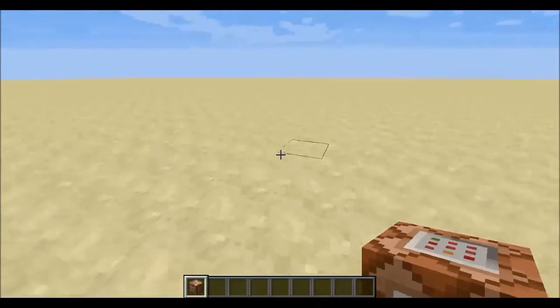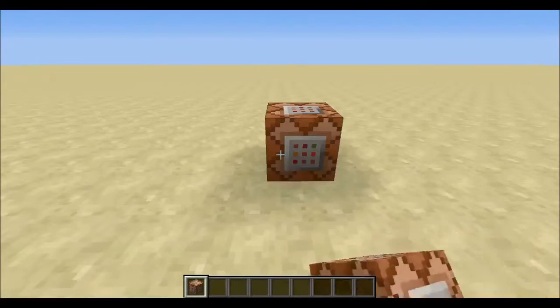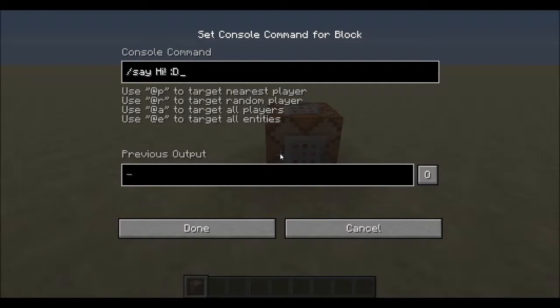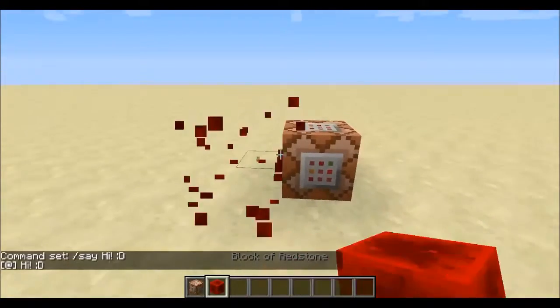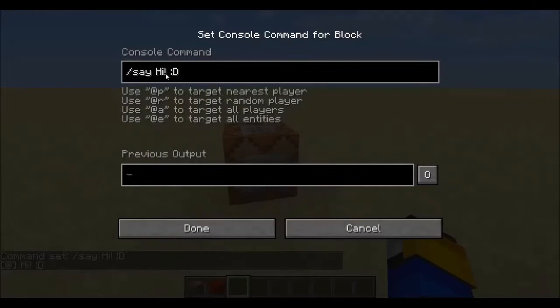Very simple. So what I want to go over first is a few interesting commands. So first of all, /say. This is a really old command. Basically all you do is /say and then text, and it'll say, hi. Here's what's annoying, it's got the little @ sign in front of it. There's also